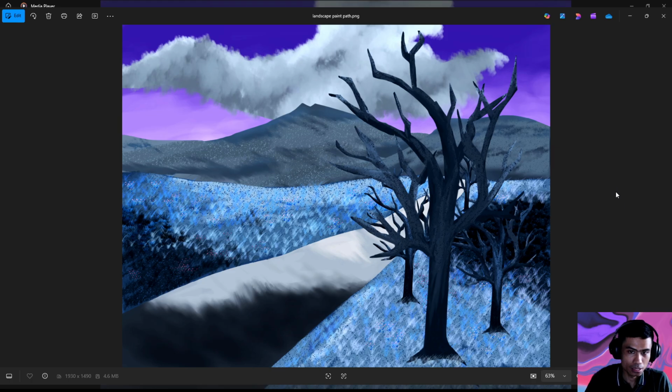I try using everything from Ibis Paint. So yeah, just using more brushes, to see if they are good enough to paint certain textures or certain 3D forms of certain pictures. Yep. And I'm going to show you exactly how I paint this image. Let's go over to the Ibis app,